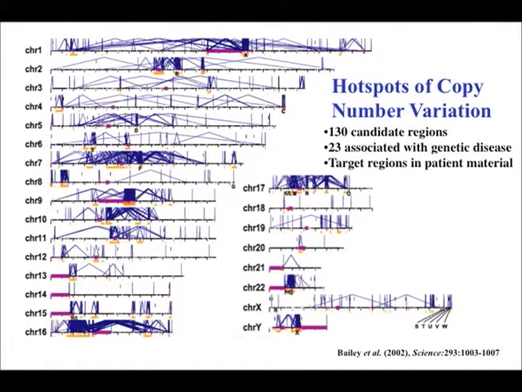So what I'm showing you here is a view of your genome, showing you each of your chromosomes, and what we determined from the sequencing of the human genome. So these blue lines represent pieces of DNA that are virtually identical, that exist at 2 or more locations in your genome, and that are very large. So everything that you can practically see here for a given chromosome, at least 20,000 base pairs of sequence that is represented somewhere else in the genome with near perfect identity. So you can see here as an example, what this little blue joining line represents is a piece of DNA that exists here and is quite large.